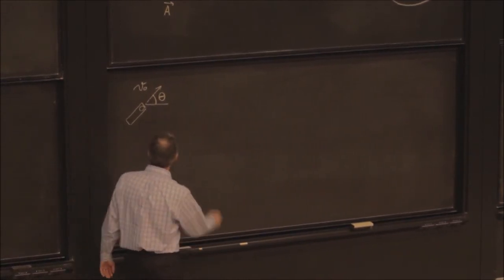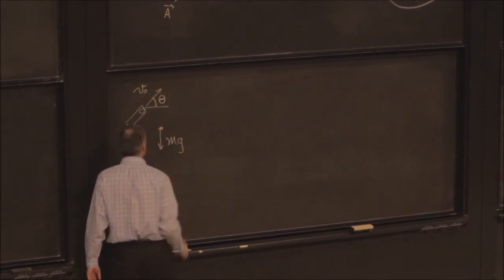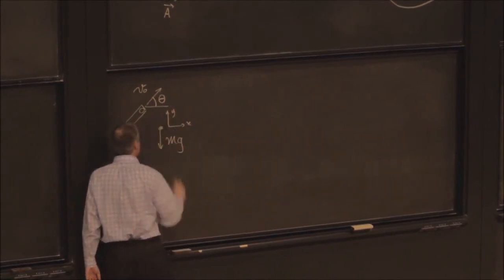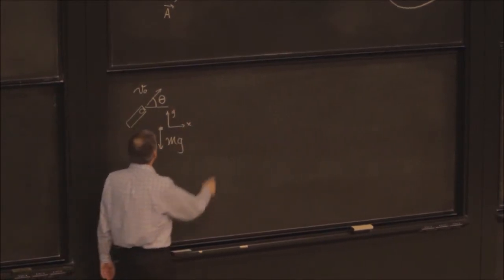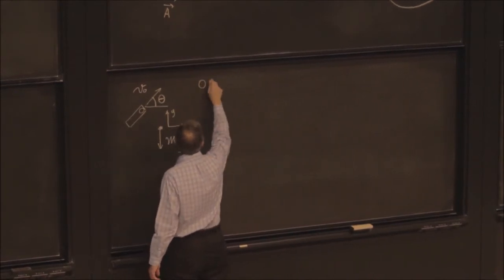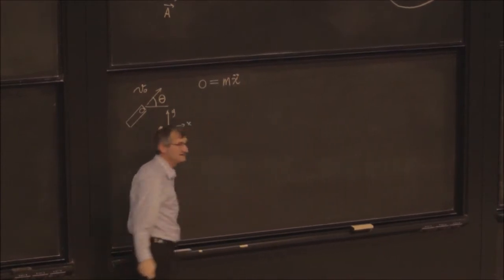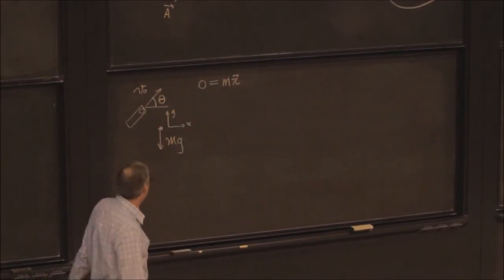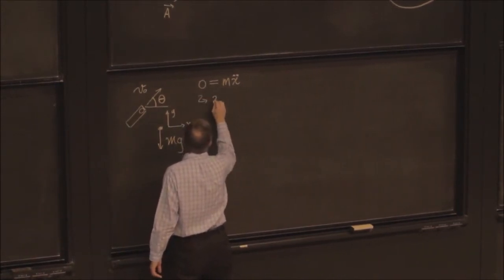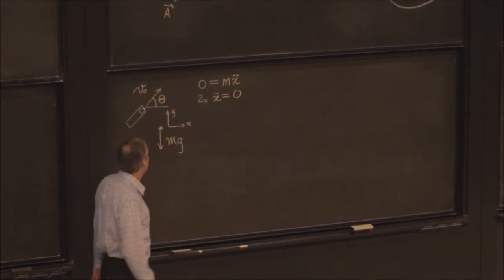Okay, so my isolation diagram, mg, coordinate system, xy. So if I consider in the x direction, I had the sum of the forces, which is 0, is equal to ma in the x direction. So x double dot is 0. That is no acceleration in the x direction. So I now integrate